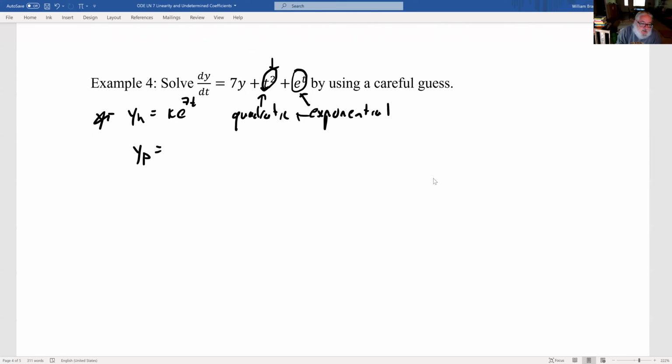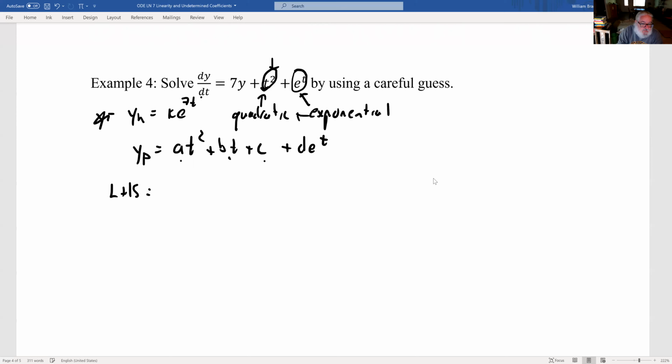So a quadratic is at squared plus bt plus c. And you have to remember to keep all of these terms in your quadratic, because once you differentiate it, you're going to lose the t squared term, right? It'll become a t term. And so you're going to need a bt to help you out with that. Plus d times e to the t. So I guess maybe we'll do this. If we plug this in,